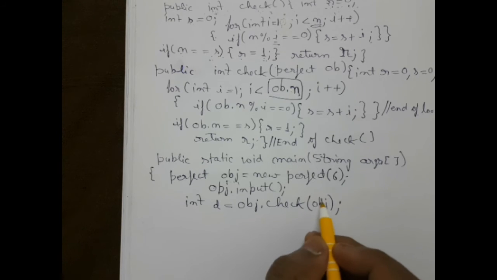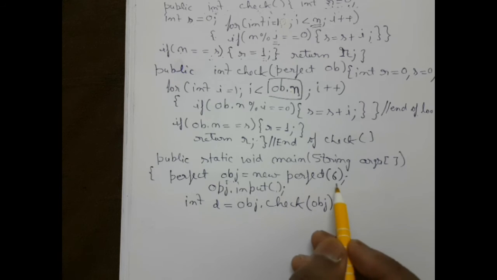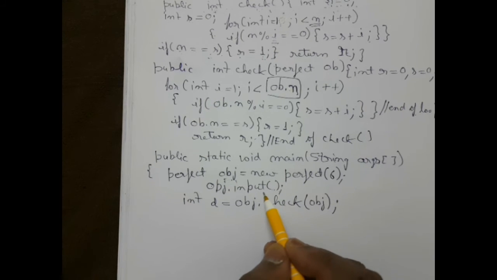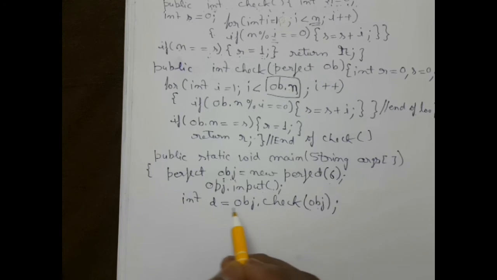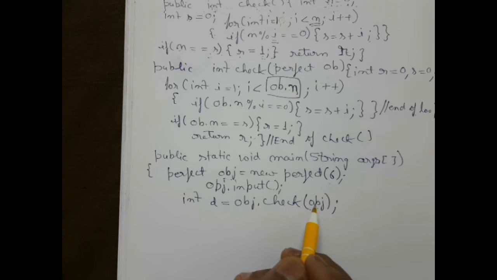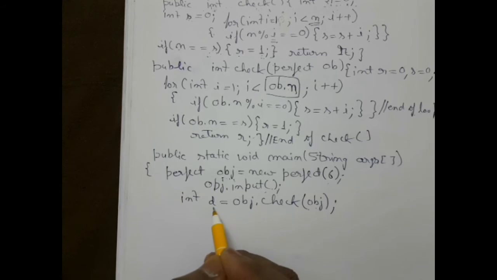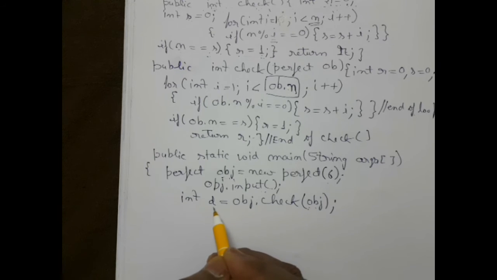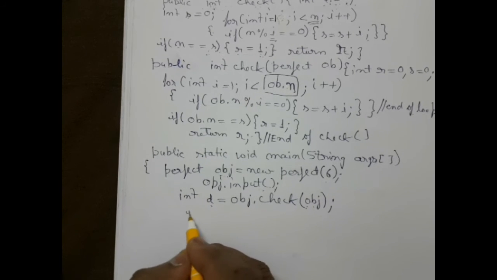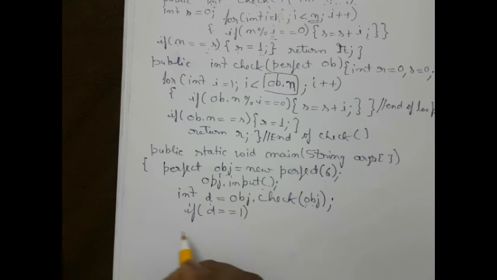So I can pass the same object within this function, right? So whatever the value, suppose I change the value to something else, or if I maintain this one and I don't call this function, then 6 will be taken here, 6 will be inside the obj. So depending upon, it will check whether it is a perfect number or not. Alright, if I take suppose 4, I input the value 4, so it will not be perfect number, so here D will contain 0. In case I send 6 here, so D will contain 1. And now I can write here if D equals to 1, right?